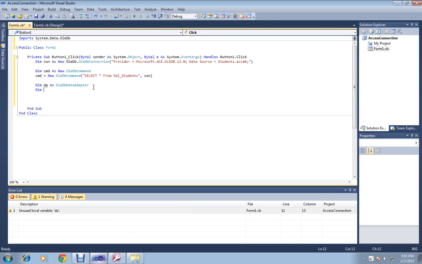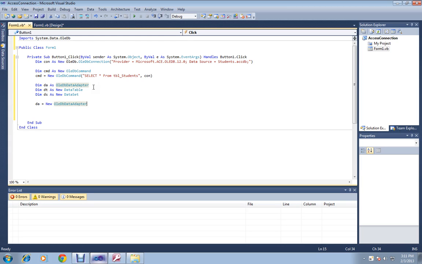Then Dim dt as new DataTable, Dim ds as new DataSet. da is equal to new OleDb.OleDbDataAdapter, cmd. ds is equal to new DataSet,